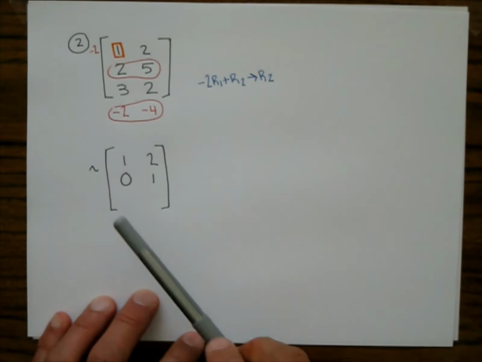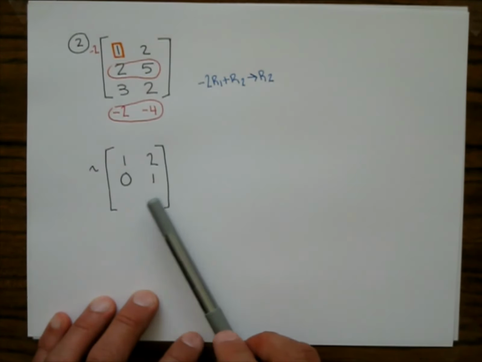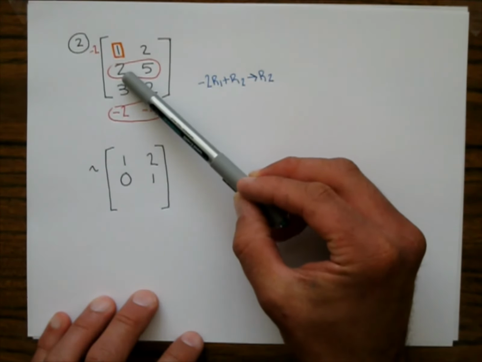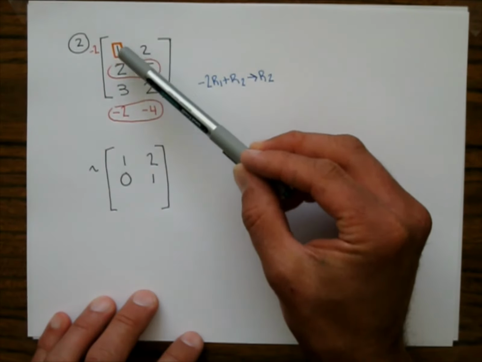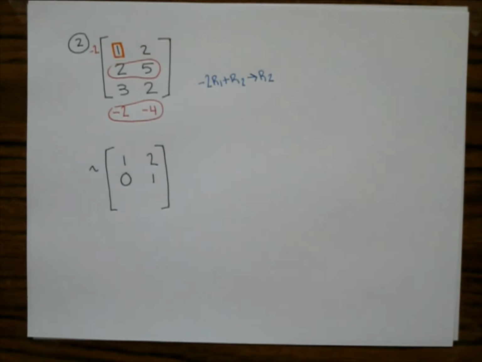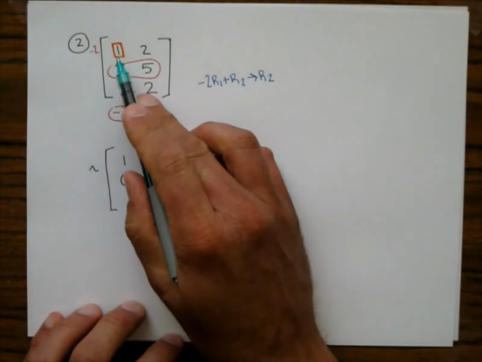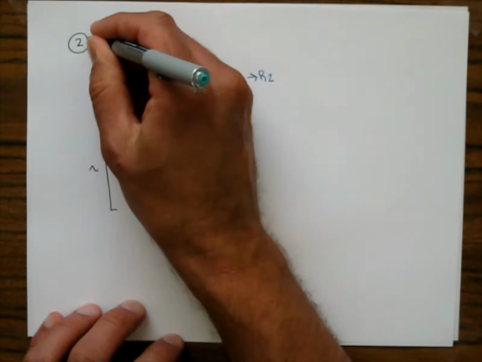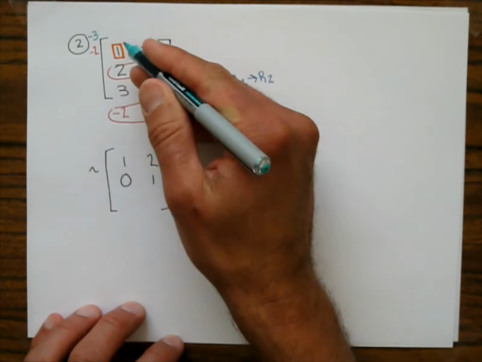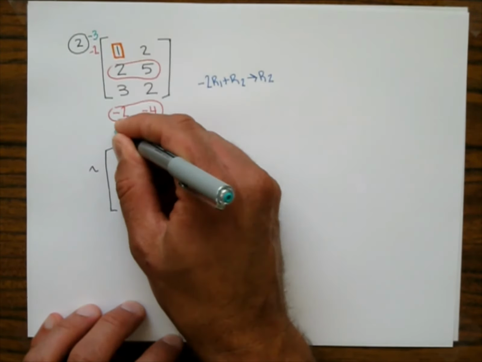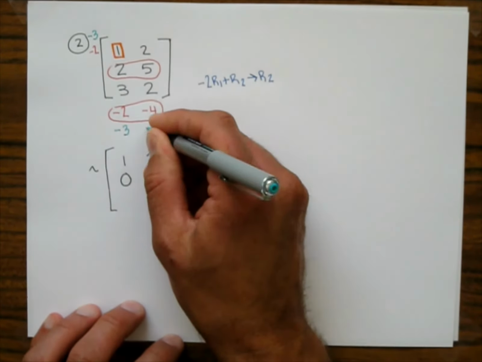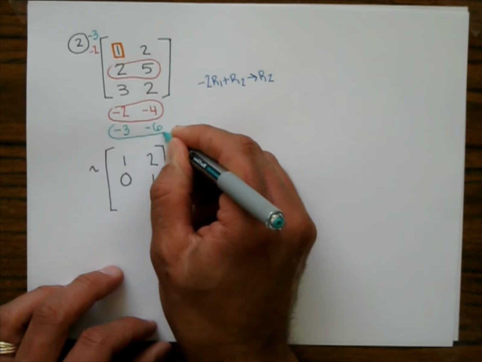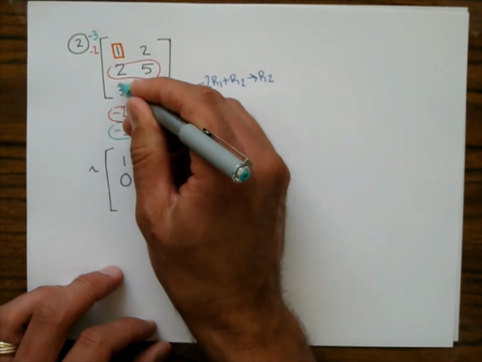Okay, now I could put the 3, 2 there if I want, but I'm showing you how to become more efficient. So I've used my pivot to put a 0 there. Let's use the same pivot to put a 0 where the 3 is. So I need opposites right here where the 1 is and where the 3 is. So I'm going to multiply row 1 by a -3. And so modified row 1 will be -3, -6. Okay, so there's the modified row 1. And I'm going to add that